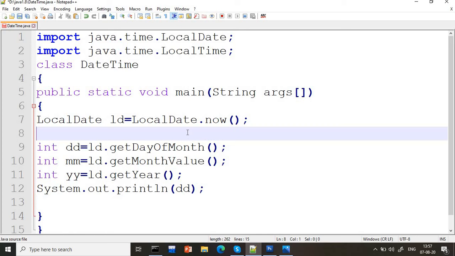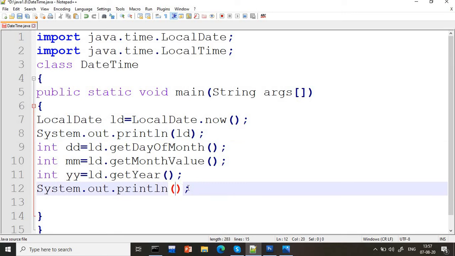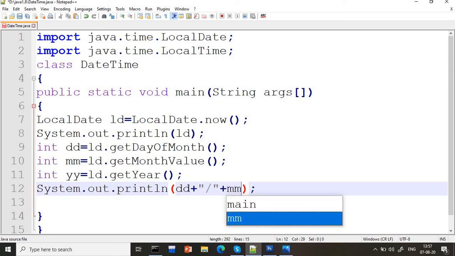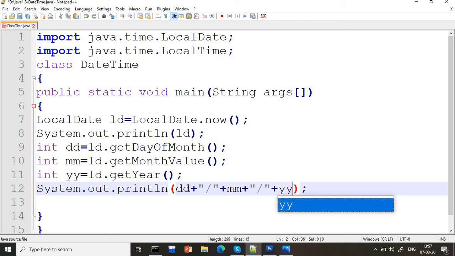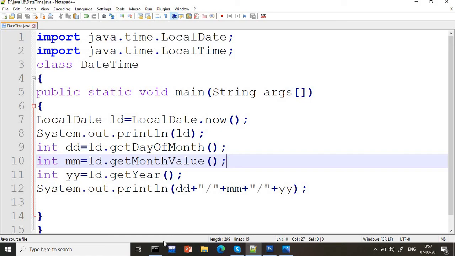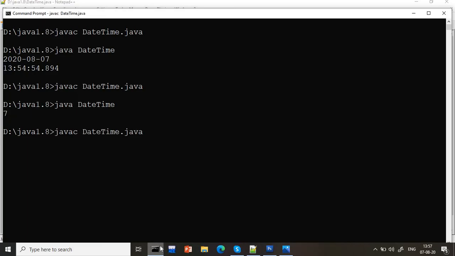Now you can print this in whatever format you want. Previously it was not how you were expecting. This format was coming, 28:7, but I want it in my way. Suppose I wanted to print first the day, so I will write dd. Then I want a slash, so I will write slash. Then I wanted to print the month, and again I want a slash in between. After that I want the year, so I will write yy. So just save, compile and run the program. We are able to see this is nothing but how you want that format.